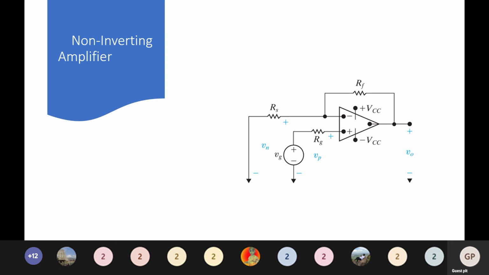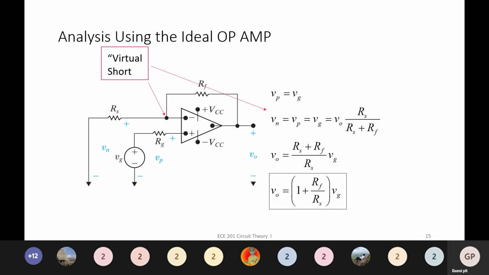Okay, and what is the nature of this non-inverting amplifier? A non-inverting amplifier also performs the operation of amplification, and along with that, since it is non-inverting, whatever is the polarity of my input, the same polarity will also be maintained at the output. And if my input is an AC signal, then my output will be in phase with the input signal. See, in the inverting amplifier, it was 180 degrees out of phase, and in the non-inverting amplifier, it will be in phase with the input signal.